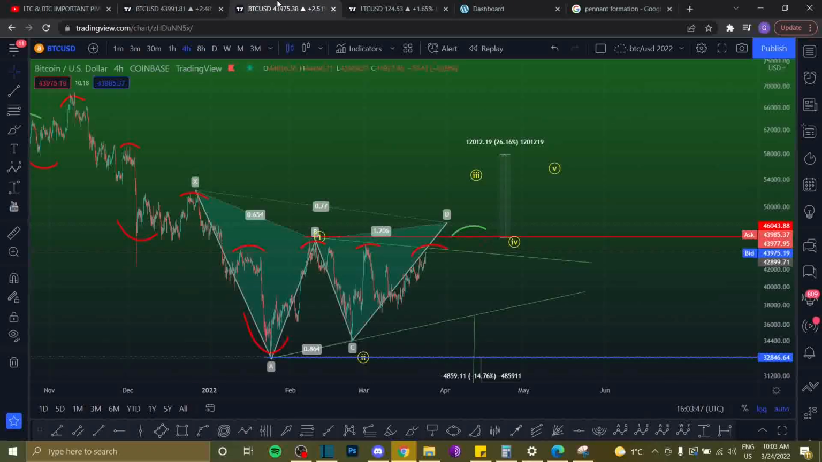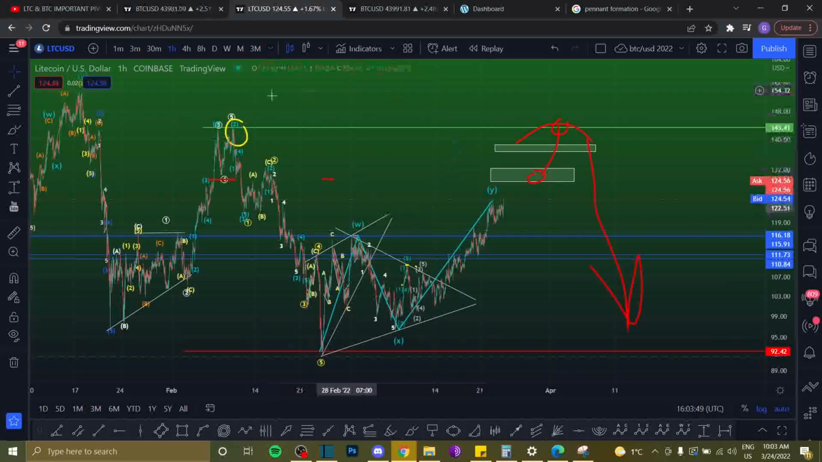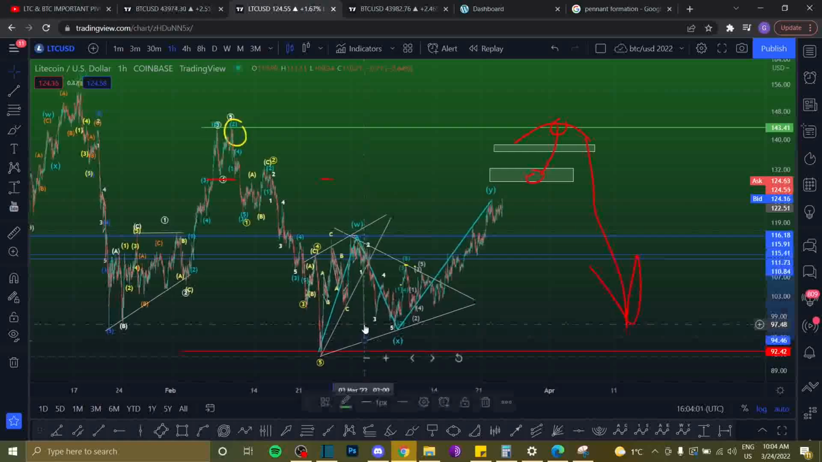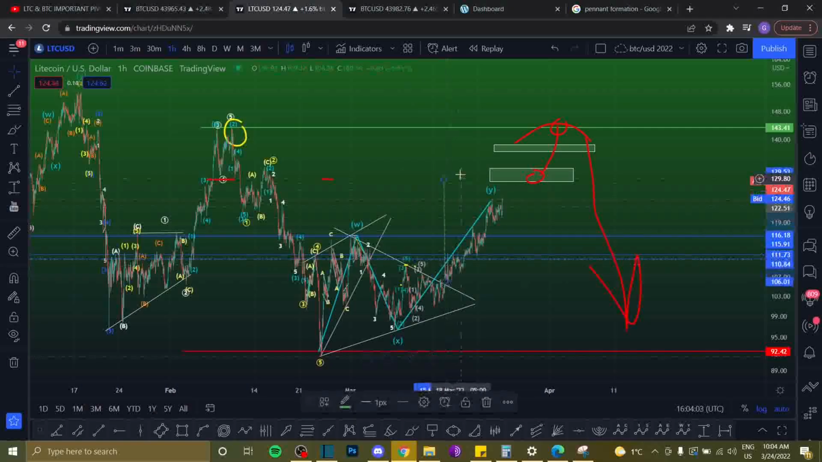So with that being said, let's now take a look at Litecoin. Litecoin formed a beautiful pennant right down here. We had a break to the upside. This pennant formation, we're going to measure our target, and target should be within